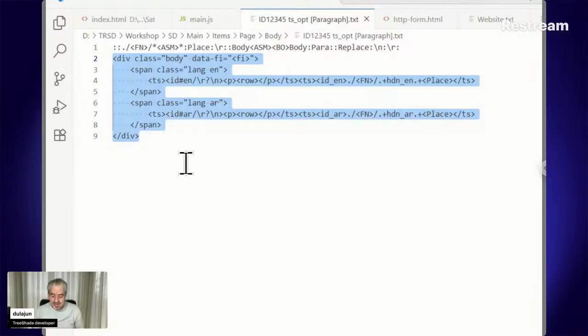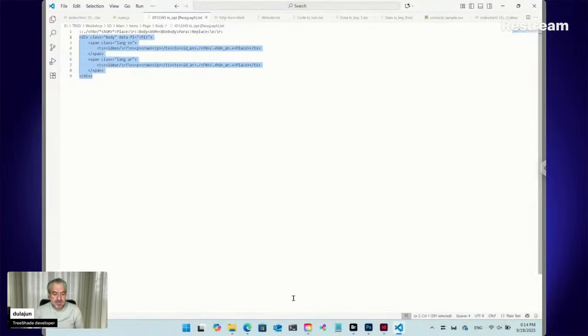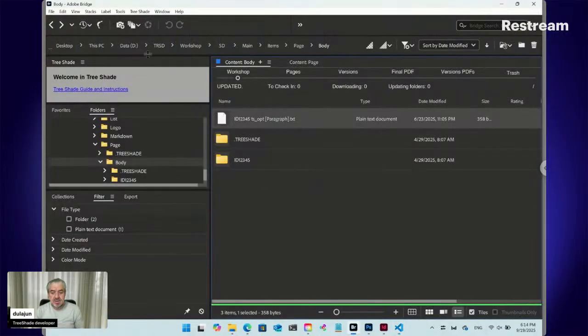Because TreeShade has a local server on your computer and can host a website. To execute the local server after installing and determining the root folder here,